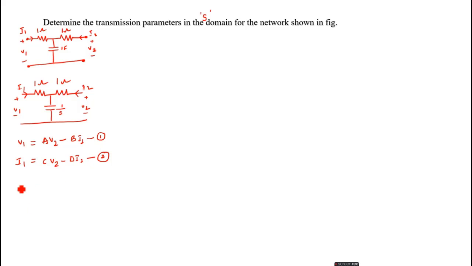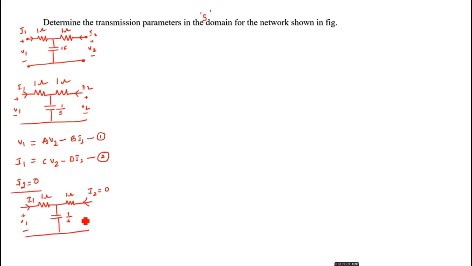To calculate A and C, make I2 as 0. I2 as 0 means redraw the circuit. Here the current I2 equals 0. Then I1 and V1 will be as it is. Resistor's value and capacitor will be as it is. Keeping that point in our mind, we can calculate A and C here. Now, to calculate the relationship between V1 and V2 in terms of A, I1 and V2 in terms of C,